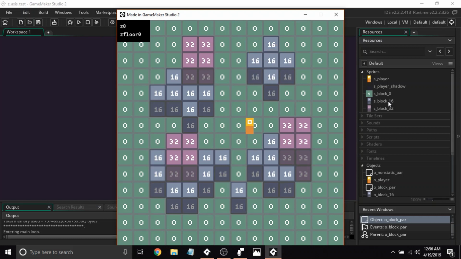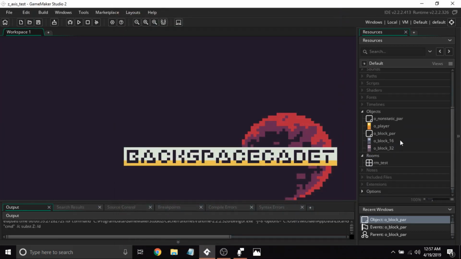Now in theory, you could actually add as many levels to this as you'd like. For this example, I only have 0, 16, and 32. So let's go ahead and jump into the meat of this. I'm not going to waste too much time. Essentially what we have here,